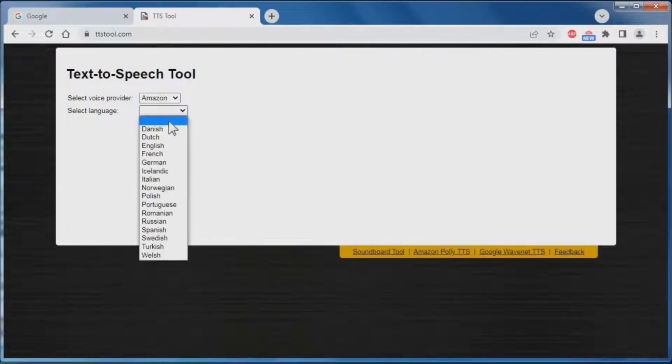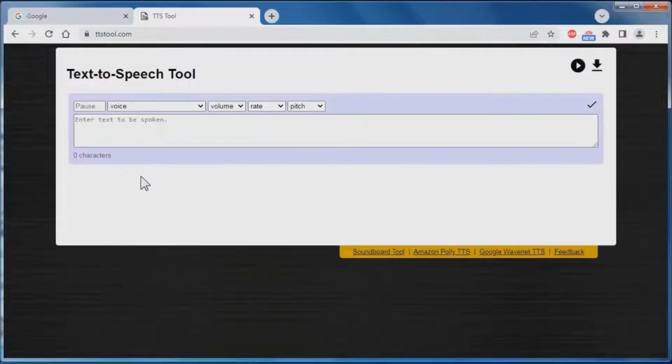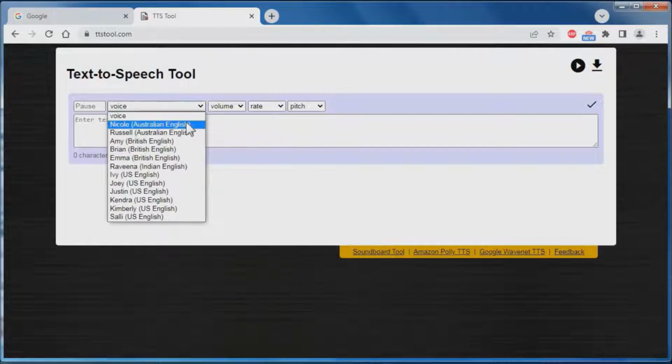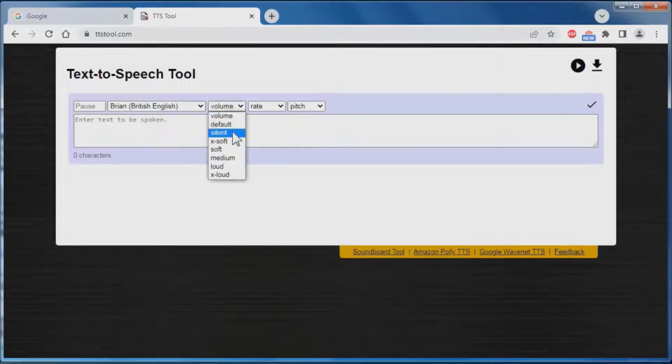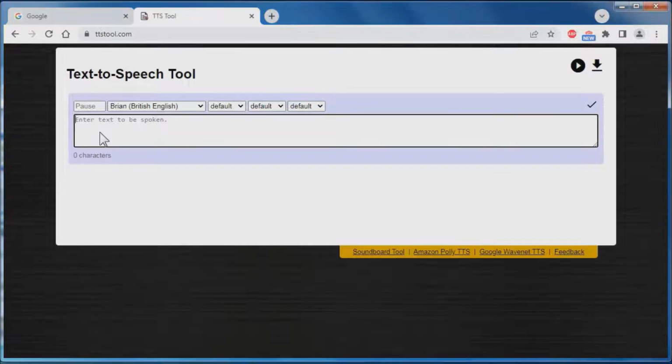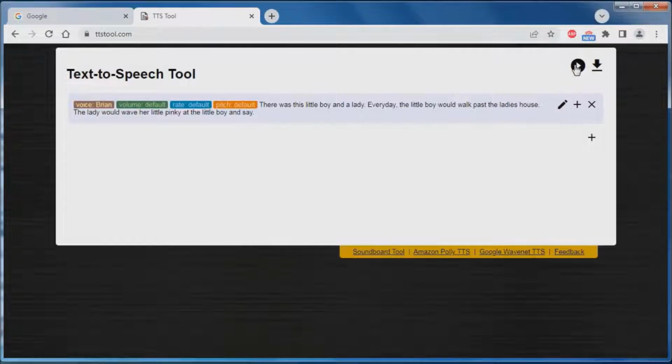So I'm going to go with the Amazon and select English. Now I have some stuff that I've pre-typed here to save some time. So we're going to go with Brian. Set volume default, rate default, pitch default, and copy this text in there. Select the check mark. If you play that,